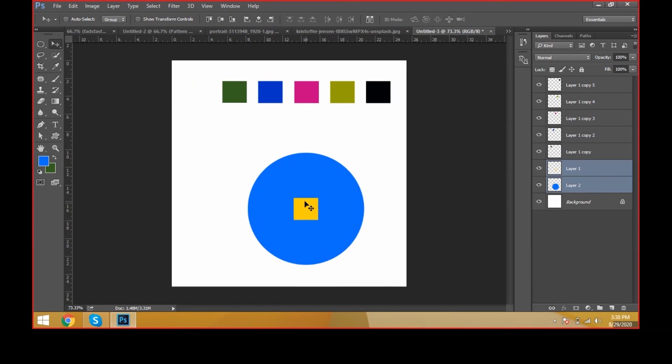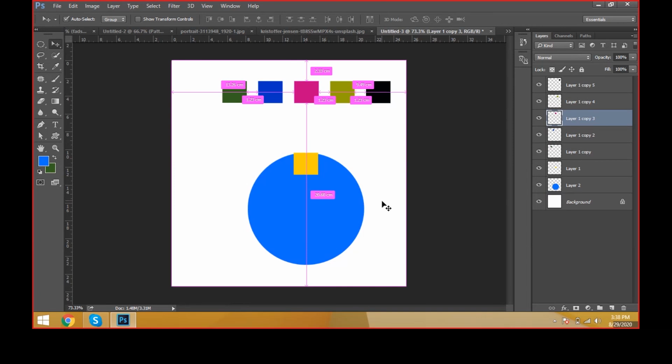Then keep this object only. I'm just selecting this object only and keeping it at the top edge. Okay. Now come to one more object here. I'm just taking one more object here, the purple. Select the purple and select our supporting object. This one is our supporting object, and select this purple object. Hold Control and click the supporting object. Then automatically it will be activated.